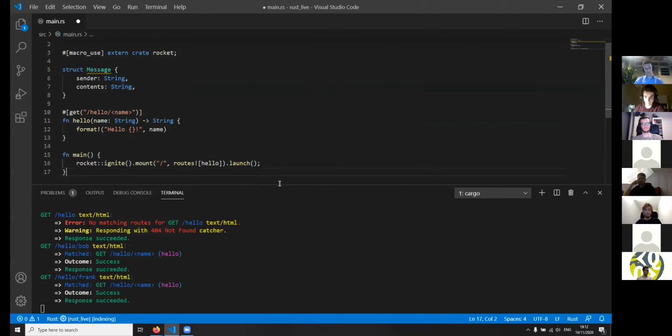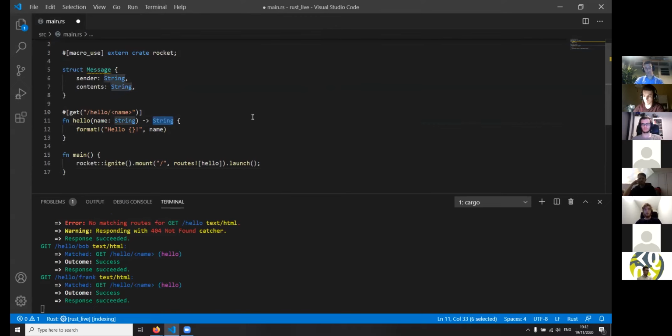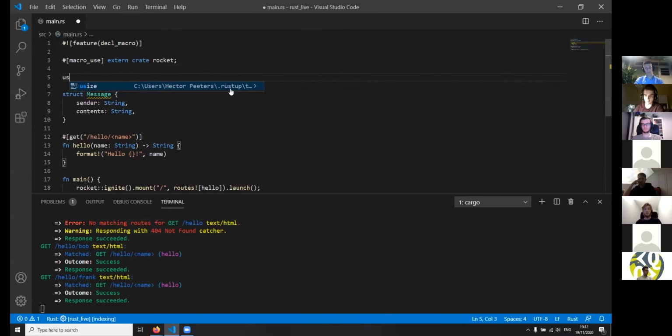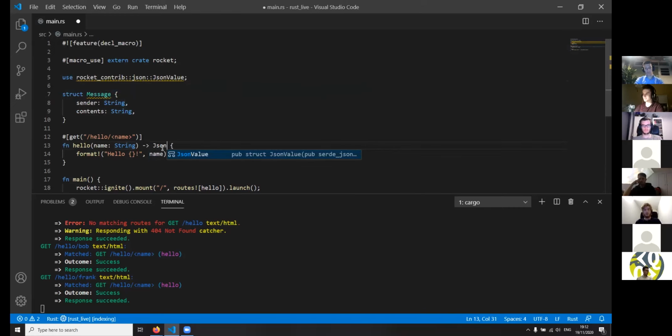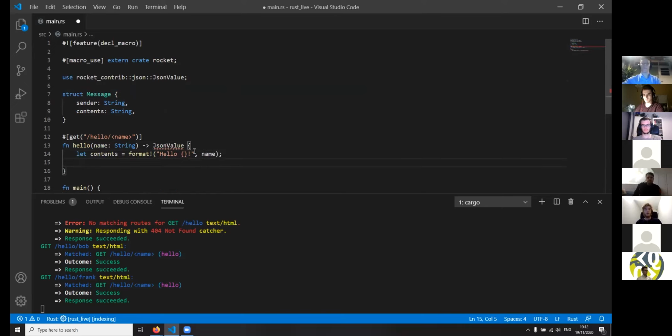So here we want to return some JSON instead of a string. So we're going to do a normal import, and we're going to import the JsonValue from Rocket Contrib. So now our function can return a JsonValue. This format we won't need anymore. So let's construct our message here. Well, first we'll construct the contents. So that contents is format, and then we'll do the message.